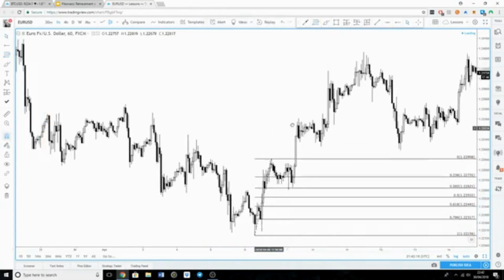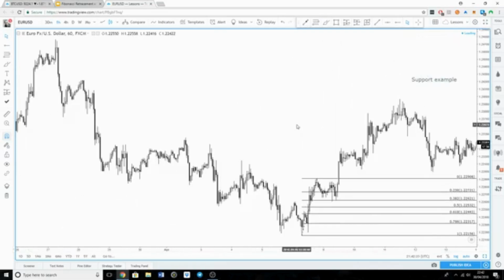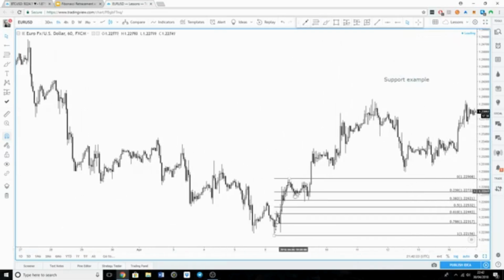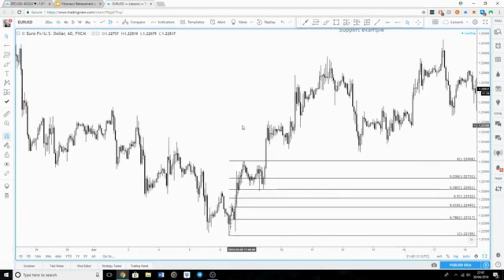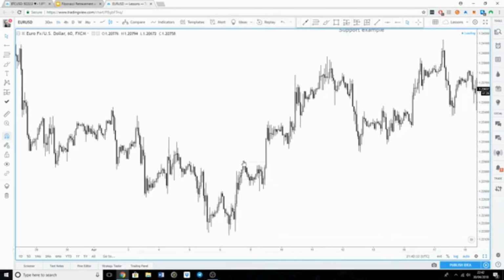Again, this is just straightforward, nothing too fancy. You can see the market came down, found support at the 382 level again, and then moved up from there and gave you a nice reaction. So again, nothing too crazy. We've identified the move, this low to this high, and we want to get in on a pullback of that